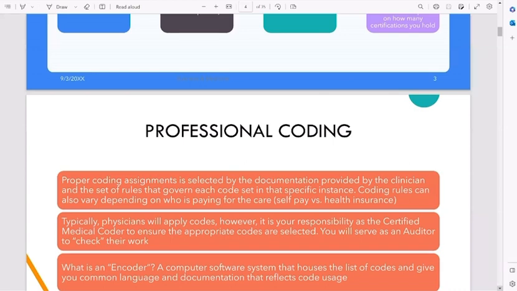So if I am an auditor and I'm auditing a patient's chart and I see that their score is a 1.2, which means this is a healthy patient. Their score is low, their risk adjustment score is low. So if I have a fairly healthy patient in front of me as I'm auditing their medical record, then why do I have all these EKGs? Why do they have these ECGs? Why do they have all these biopsies? Why are they seeing all these specialists? What's in the chart does not reflect these diagnostic testing and these things that you're charging for this patient. So are you committing fraud? Are you just doing these things for this patient just